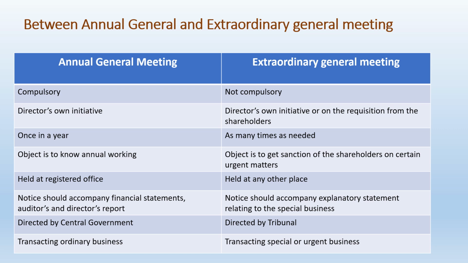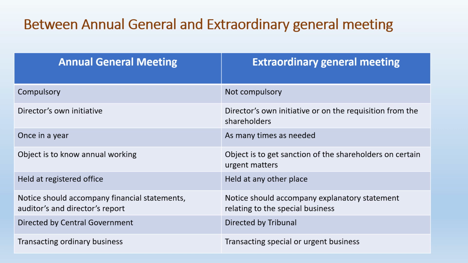An annual general meeting is generally held by the directors on their own initiative, but the extraordinary general meeting is held by the directors either on their own initiative or on the receipt of the requisition from the shareholders. An annual general meeting is held once in every year. On the other hand, an extraordinary general meeting may be held whenever there is need for it, as many times